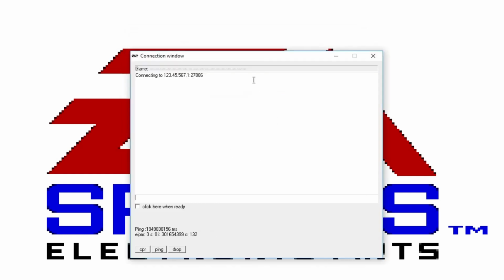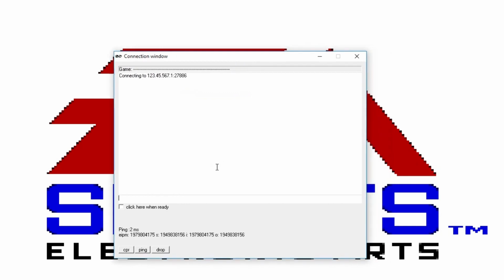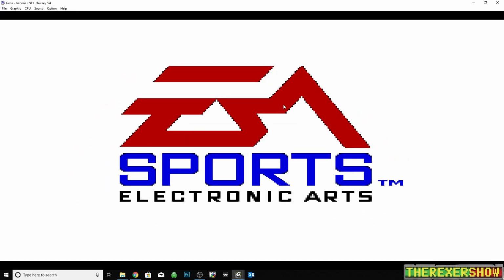When you do that, it's going to open up a separate window that looks like this. And it's going to say connecting and a whole bunch of scrolling. And if it's successful, you'll see it say successful, and then you'll see the other person is ready. And then you're going to click right here to say, I'm ready. And then once you do that, this window will basically lightly close, and you're going to minimize it,